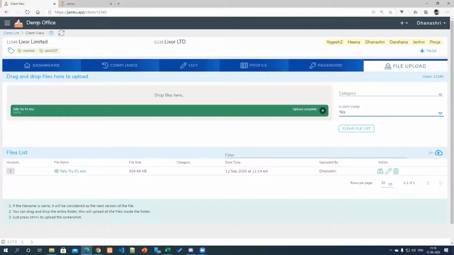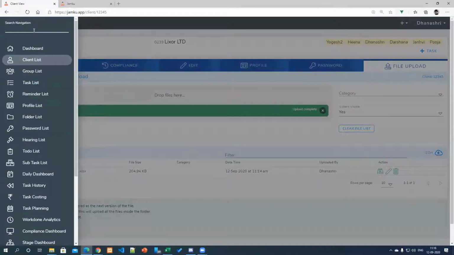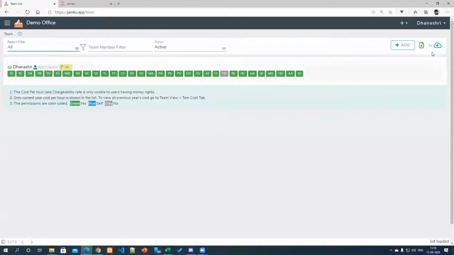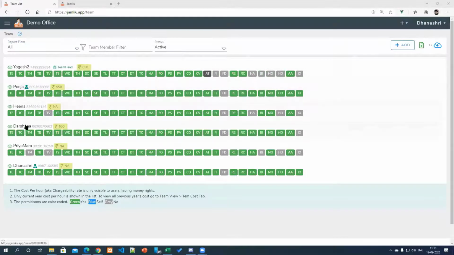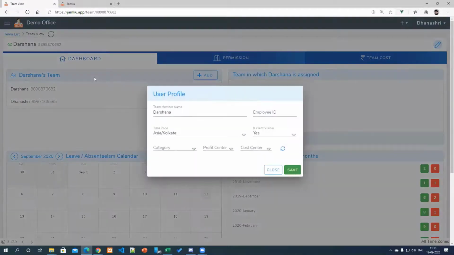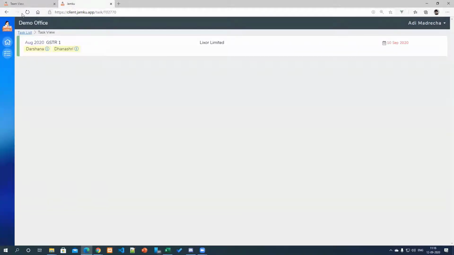So what I can do is I can go to the team list, and here I will just open Darshana, and I would go to edit, and I will say is client visible? No. Save it. And now if I refresh this, only Dhanashree's information will be visible like here. So it is all dependent upon you which team members you want to make visible to the client. So now the client will only come to know that only Dhanashree is working for this particular task.